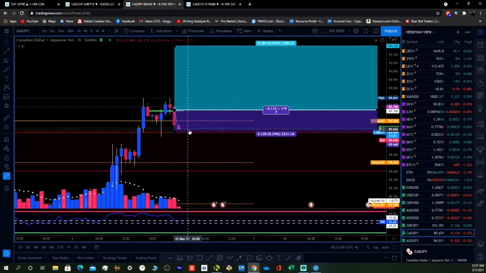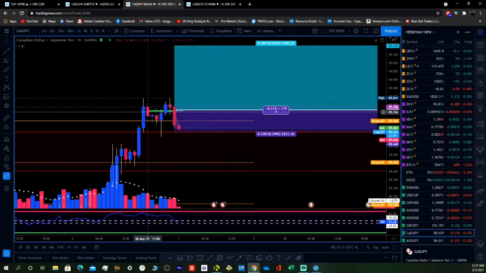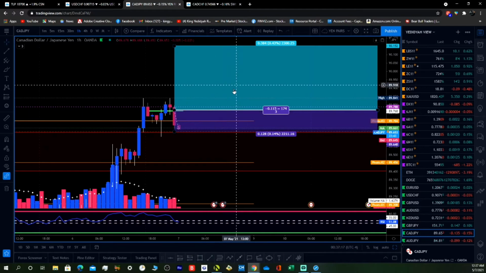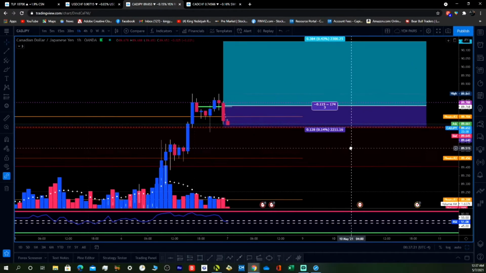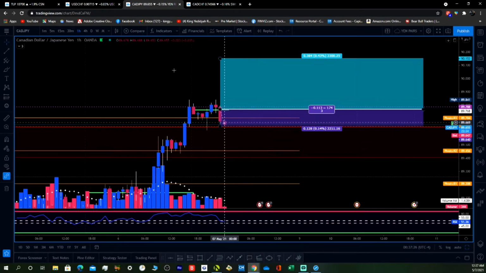Let's see, we're almost there. And I don't feel like moving my stop loss. I'ma just wait. If I get triggered out, I'ma see if we build up some kind of support and start moving up again, then I'ma enter. Yeah, so that's my two live trades right now. It's on CADJPY